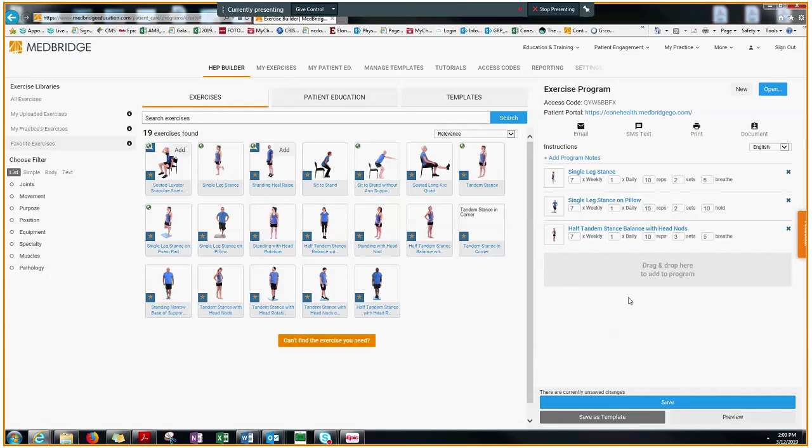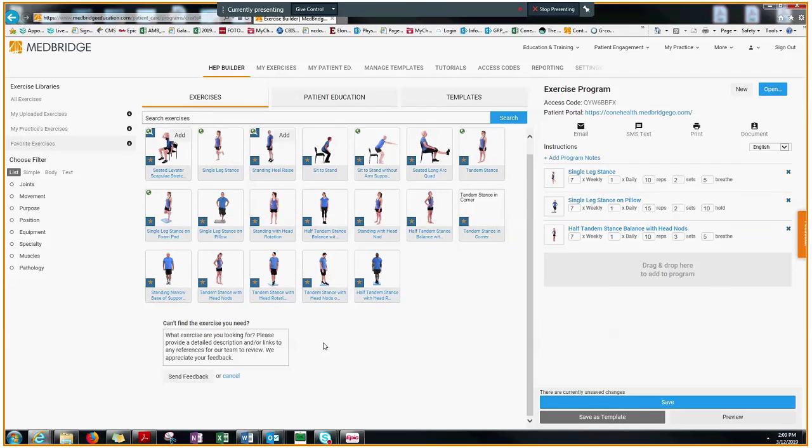Now, if you don't see an exercise that you're looking for within Medbridge, you can use these little tabs here at the bottom that say can't find the exercise you need. You click on that. A little text box opens up that says what exercise are you looking for? Please provide a detailed description and or links to any references for our team to review. We appreciate your feedback. So you click in the box and you enter the exercise that you're looking for,